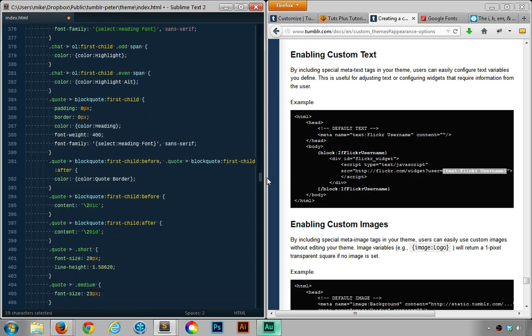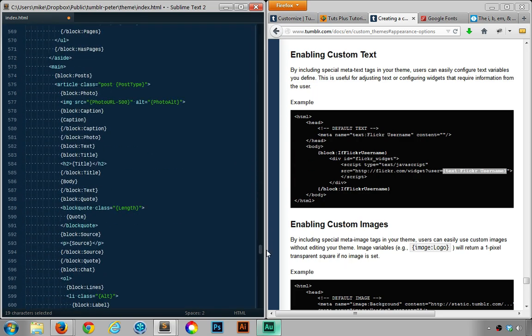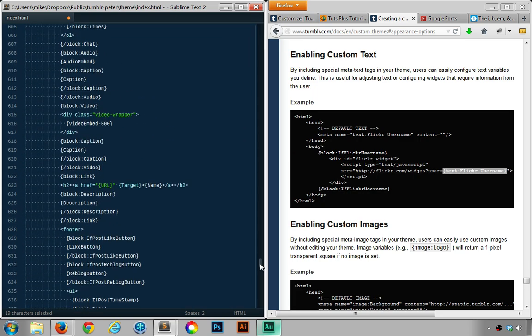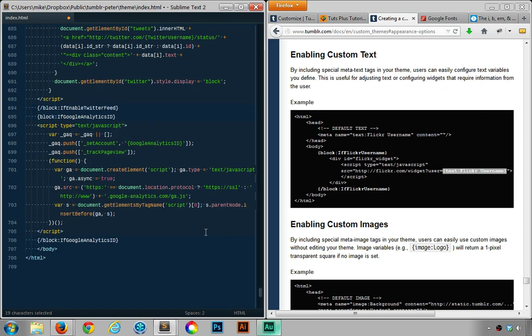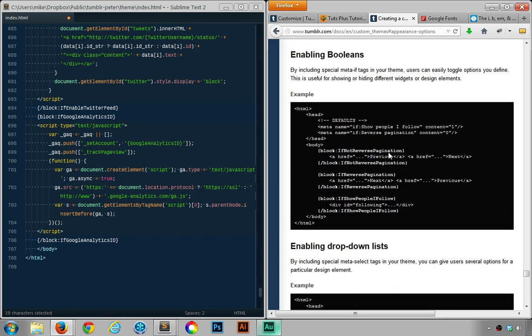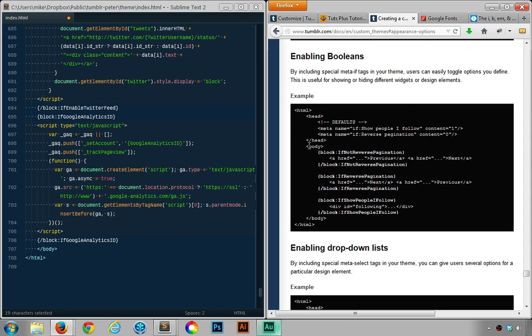Now we're just going to quickly scroll down, and this is at the very bottom of the page because that's where your Google Analytics code should load, at the very end. So as you can see, it's here. Now, again, as I mentioned, it can work like a block, and it works like the Boolean blocks, or the if or the on-off appearance options. So it'll do a check first. If there is a Google Analytics ID, I would like to return this content inside it. And then finally,